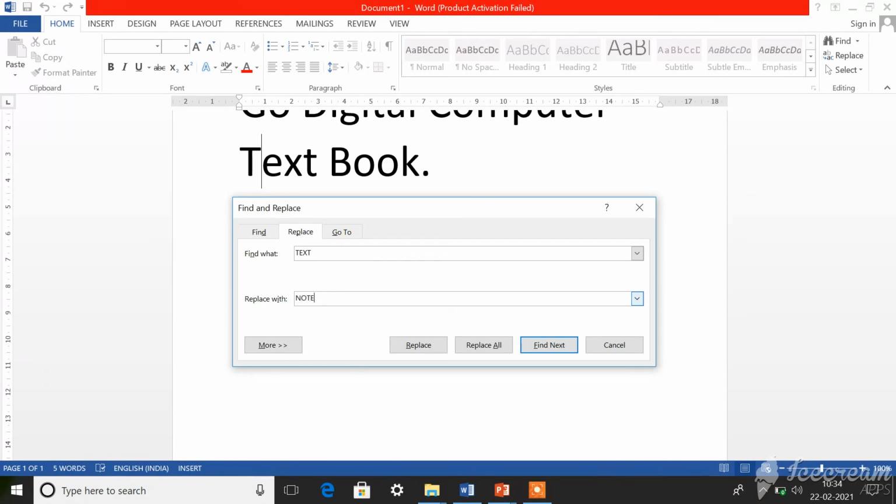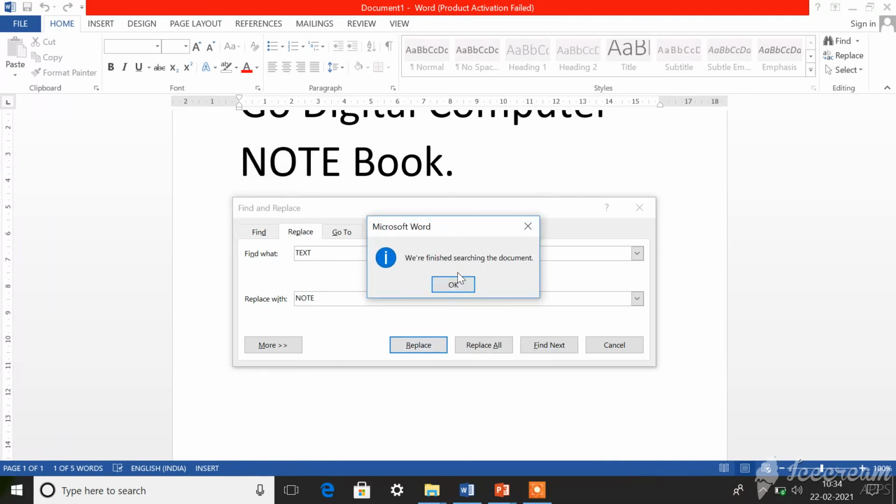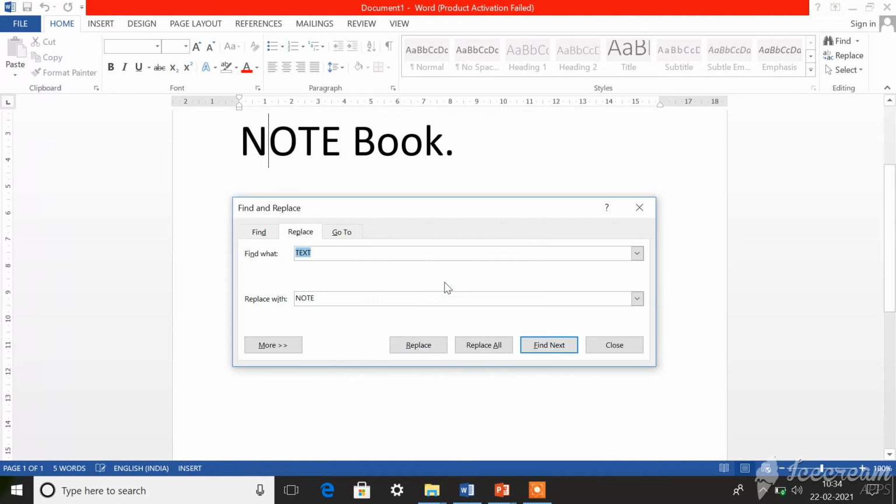This find and replace option is used to change a particular word into another word in your text document. So I am going to find text and replace with note. Next I am going to click on Replace. Then you should give OK. Immediately you can see in the background that text has been changed to note.